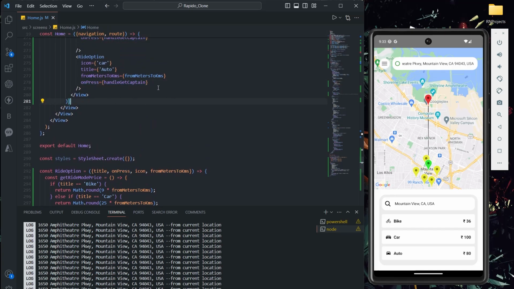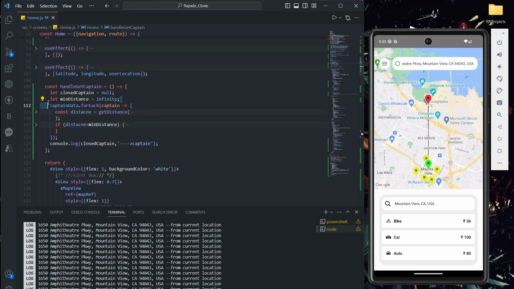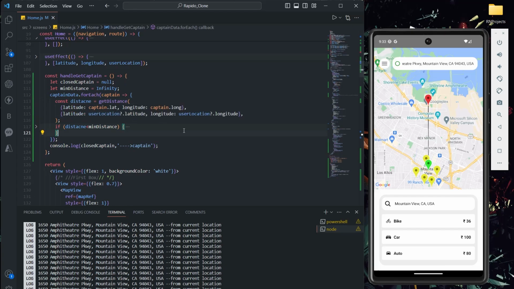And what we are actually doing in handleGetCaptain means, if you see, initially we took two variables. One is for the closest captain, whoever is close to our location. I'm going to store that particular object in this closest captain. And this is the minimum distance. Initially we are taking infinity, and here we are looping through each captain, just to check whoever is close to our user's location.